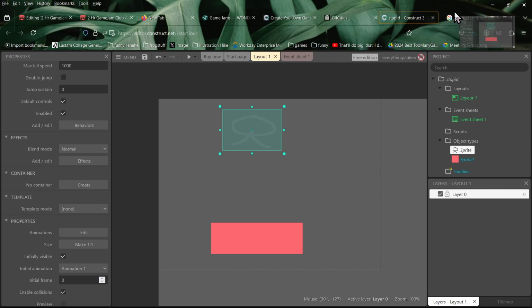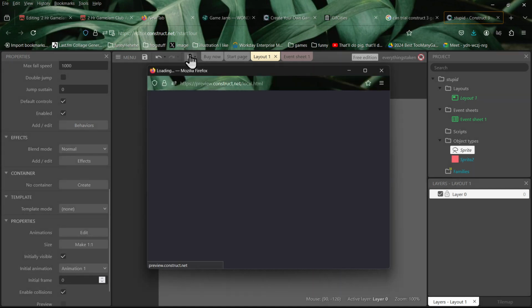It's cool because it's good for making games really quickly, and it's also really good for students and learning. But I think the thing that's maybe underrated about it is that if you want to make a web game, it just works straight out of the gate. It's also a web-based application, so even the downloadable version is basically a web browser, which is cool. So this is native to web, which is the coolest thing about it. And then the previews happen really quickly.